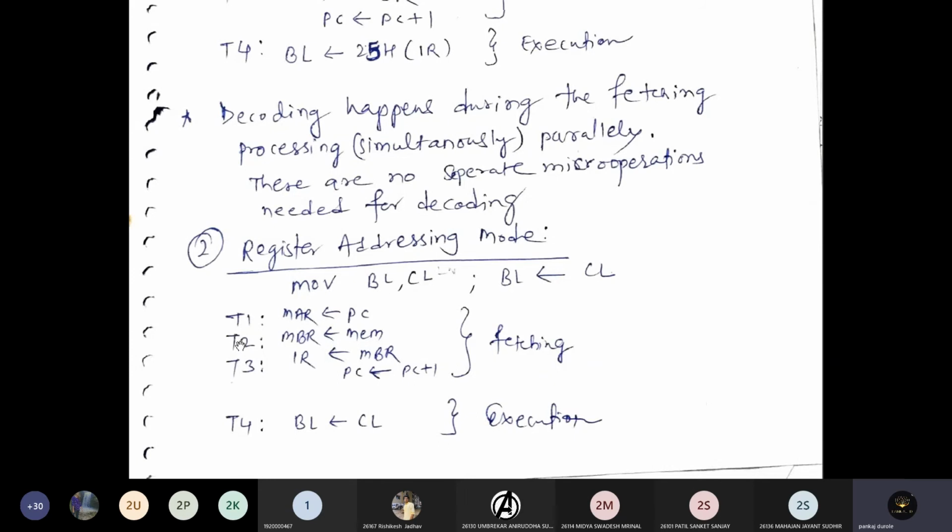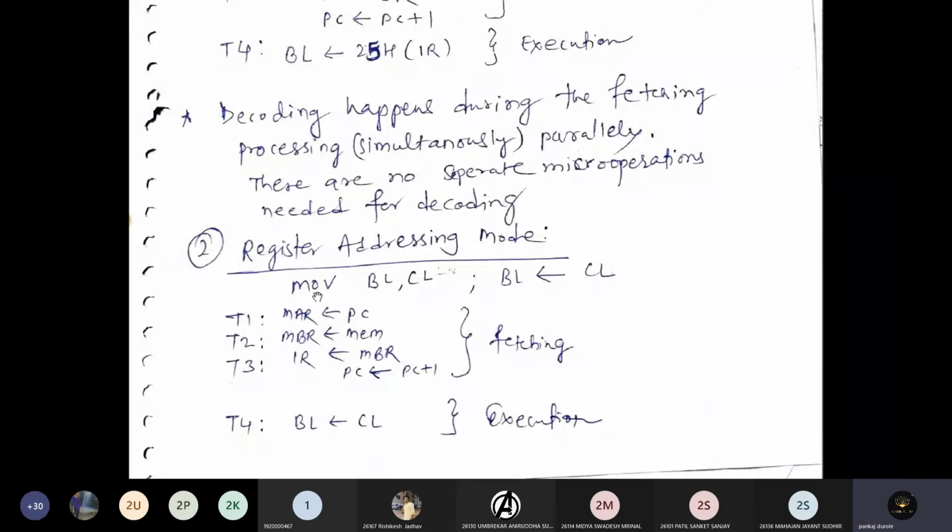In the first micro operation, PC goes to MAR, then memory goes to MBR, then MBR goes to IR, and PC is incremented by 1. These happen in T1, T2, T3, the first three clock states, and they are the micro operations for fetching. Now, according to the instruction, we will write the next micro operation.